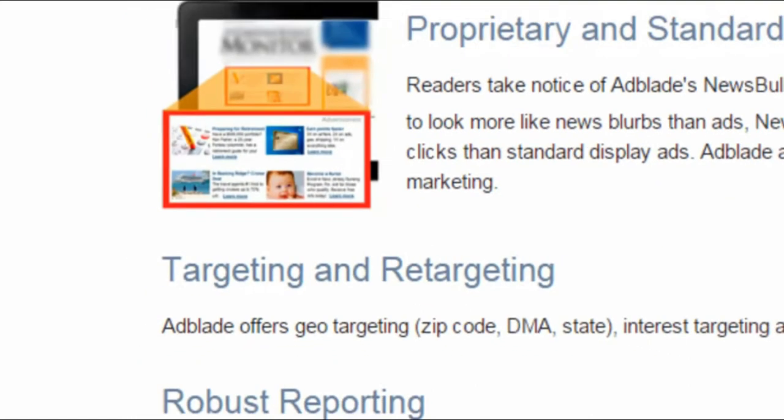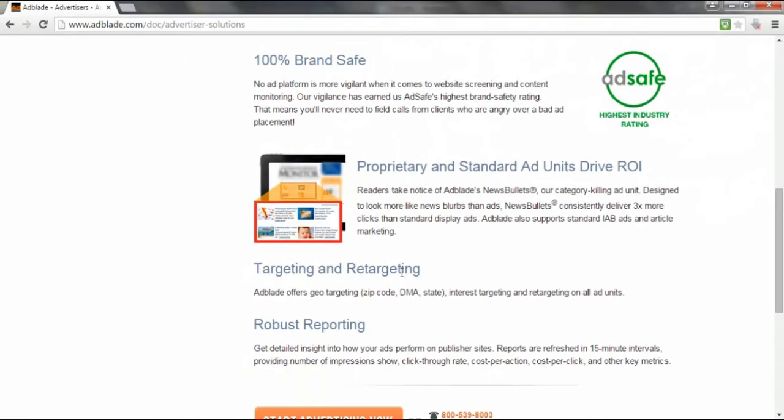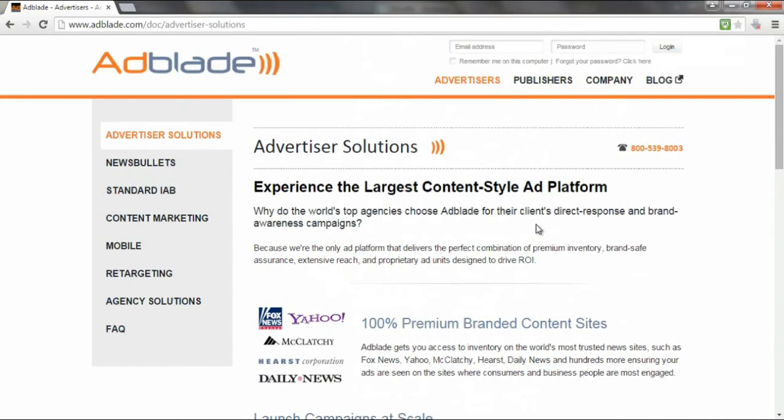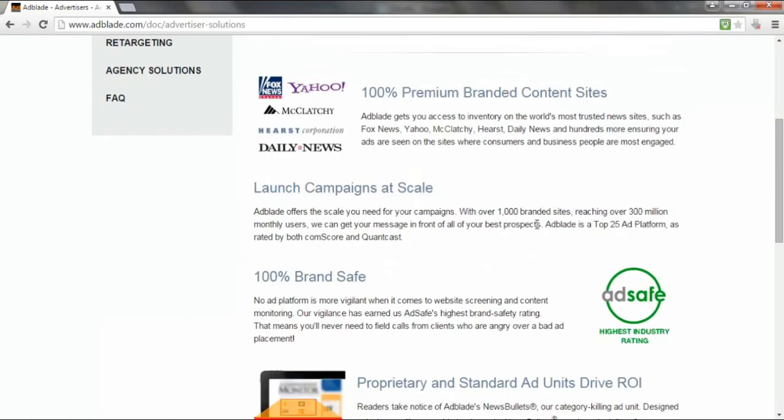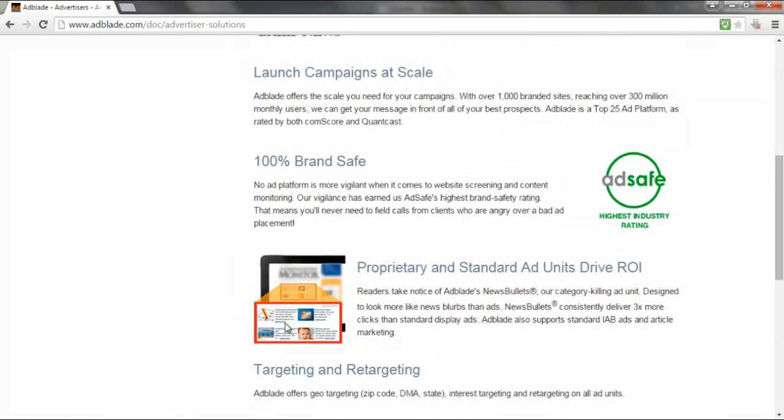So this platform also enables you to do retargeting. If someone's already visited your website, you'll leave a cookie in their browser, and you can actually advertise specifically to those people again. So there are some really good advertising options on this site, and you only need a $50 deposit to get started. You can either do cost per click, so you know exactly how much you're paying per click, or cost per 1,000 impressions.